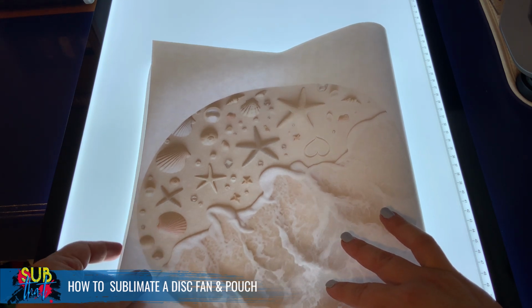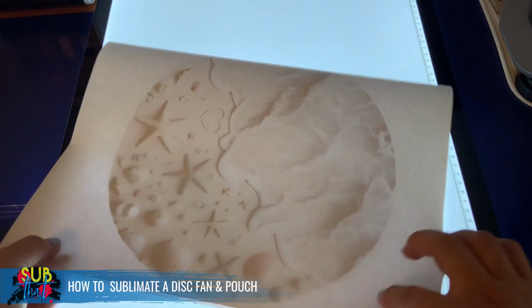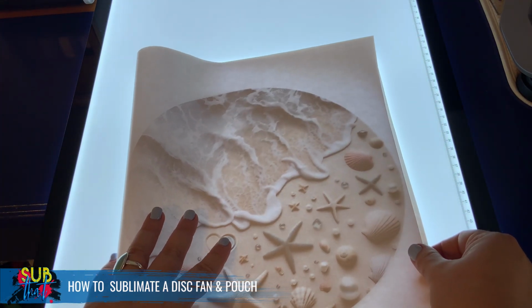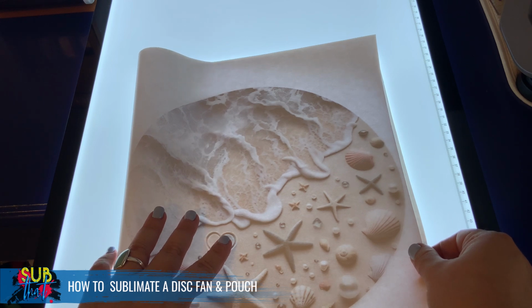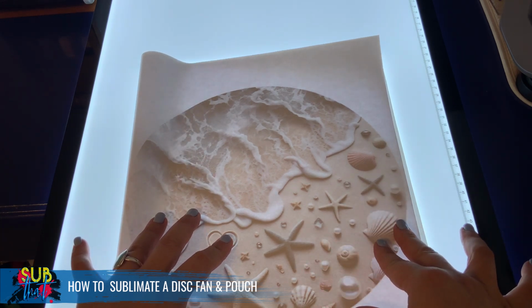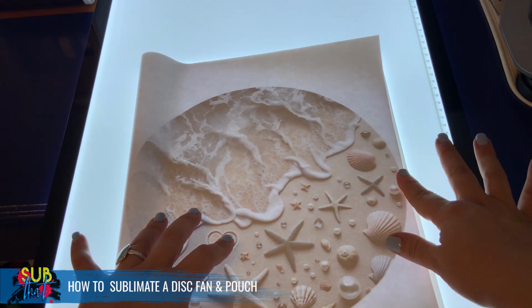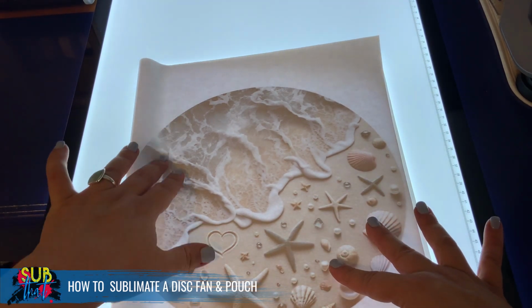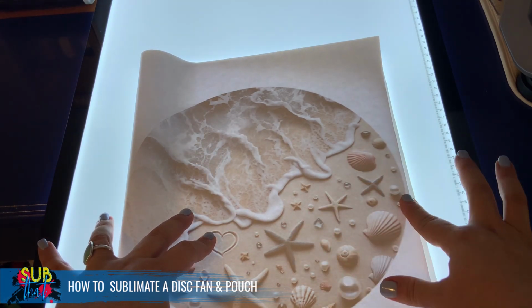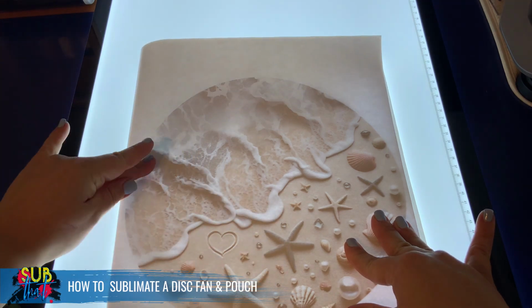But you will find when you do this, it can very easily be off by just the tiniest little bit. It might not be very noticeable to your customer, but a lot of us makers are a bit more nitpicky, because we tend to notice flaws a little bit more than our customers do. So before I crease it, I always like to just rub my finger around, make sure everything really does look like it is centered. And then